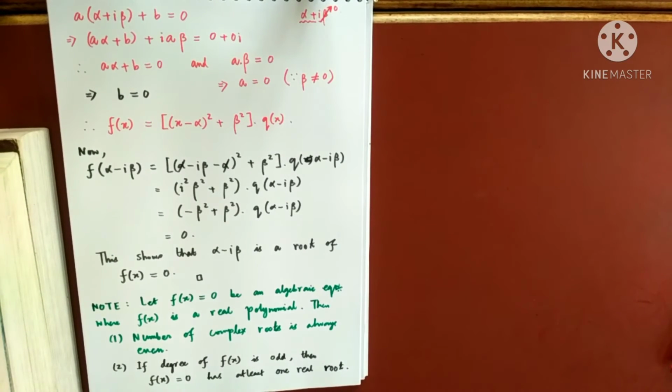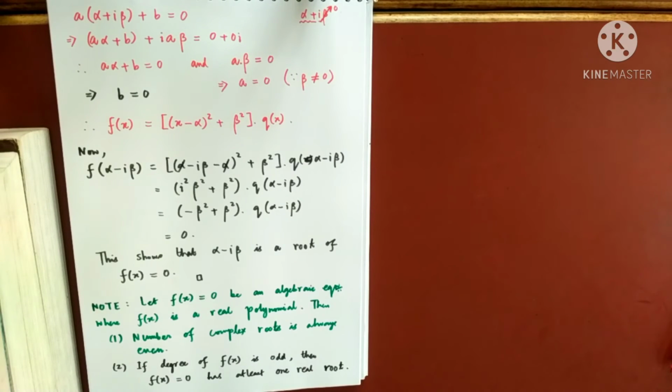Yes, exactly what Gaurav said is more or less correct. Suppose the degree of f(x) is 5, and suppose it is having complex roots. But if alpha plus i beta is a root, then alpha minus i beta is also a root. So that makes it 2. Suppose it has another complex root a plus ib, and a minus ib is also a root. So 4 roots of f(x) = 0 we have calculated, which are all complex. We are remaining with just one root. It cannot be complex because I cannot find its pair. And f(x) = 0 can have at maximum 5 roots, right? So the fifth one must be real.